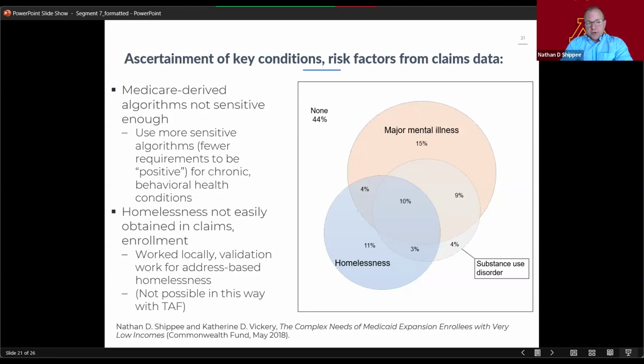We looked at those algorithms as the basis for one of the ways that we would look at risk adjustment, and actually descriptive looks for chronic conditions and so on, in how we've looked at the Medicaid expansion population in Minnesota. And what we've found is that they are likely undersensitive. If I can contextualize this, the way that we've discussed a number of the people in the expansion population, especially the early expansion population, which was very low income,